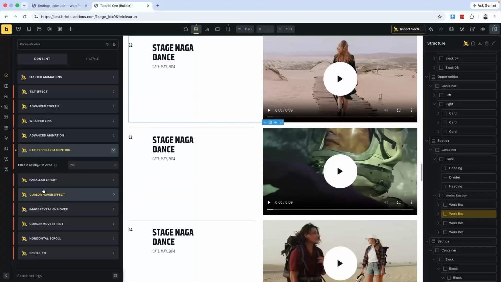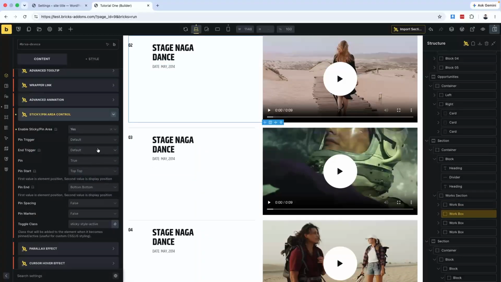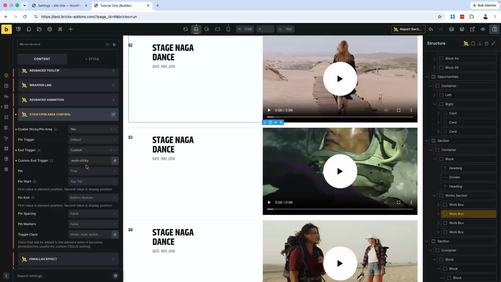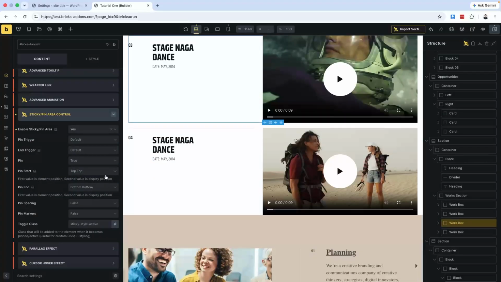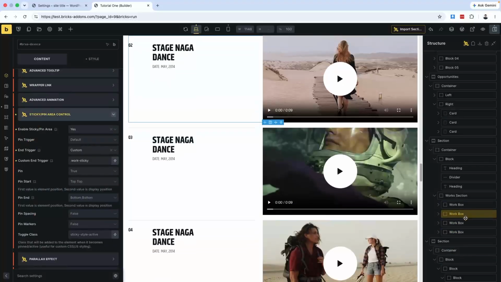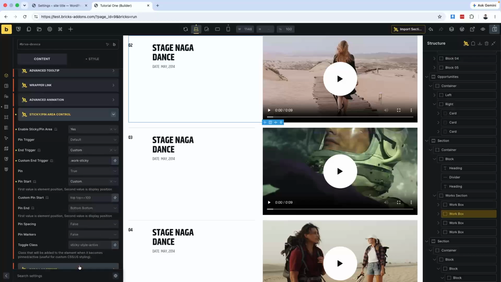Do the same thing for the other sections, yes, and select the in trigger as a custom, and then pin trigger is top, in trigger is this. If you want to add a custom pin value, then you can add it, but for now I just want to add all of them at the very top of this, or okay, I think we can add it at the 120 pixels bottom, custom,